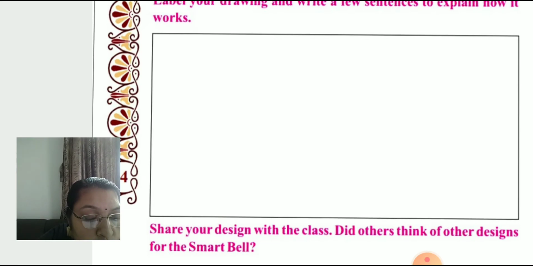Lawrence had to draw the design for his invention before the company in China could make it. Inventors often draw their designs to show how their idea will work. So, think about all the steps that smart bell must have to work. Smart bell must work in about 6 steps. You have to label it and write down in your notebook.